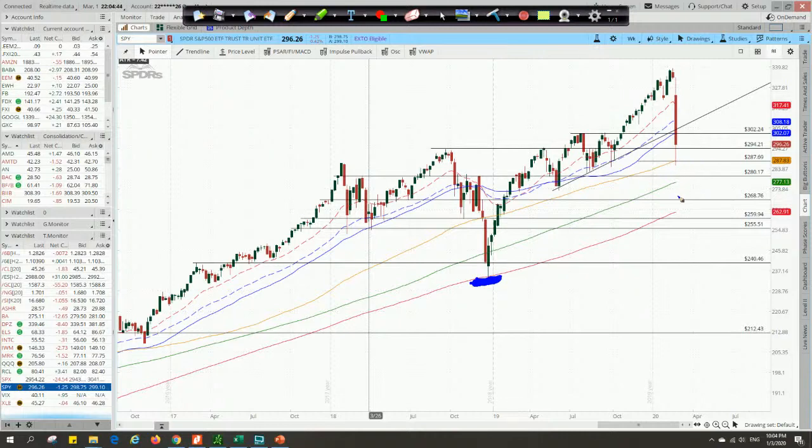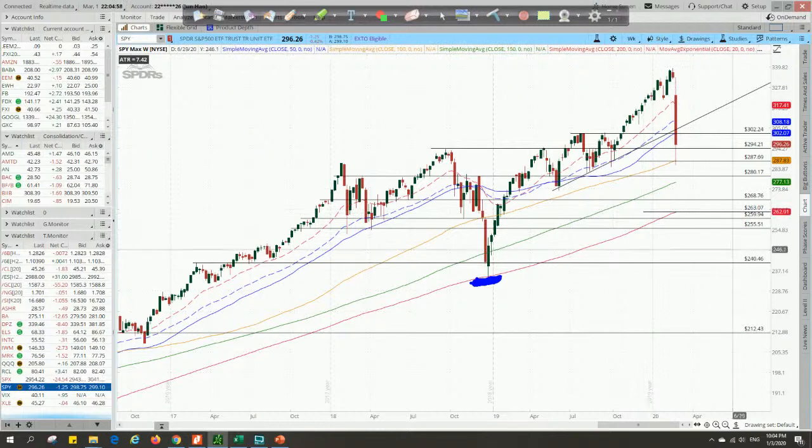If we break through all these levels of support over here, the next strongest support on the weekly chart is around this level at the 200-week MA, which is around 263. But of course, first it must get through the 280, which is the 150-week moving average support, then also 268, and finally 263. So if it continues correcting next week, these will be the key levels to keep an eye out on, and buy and protect your portfolio with protective puts, or